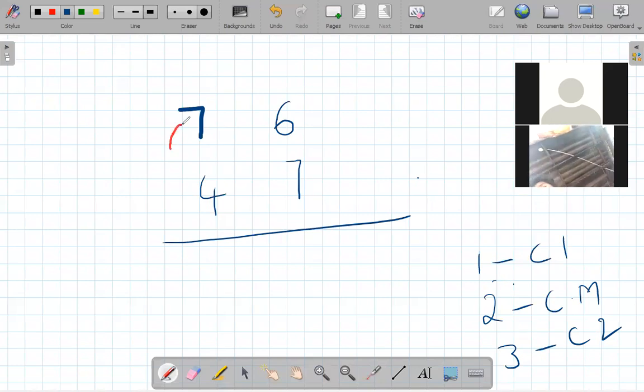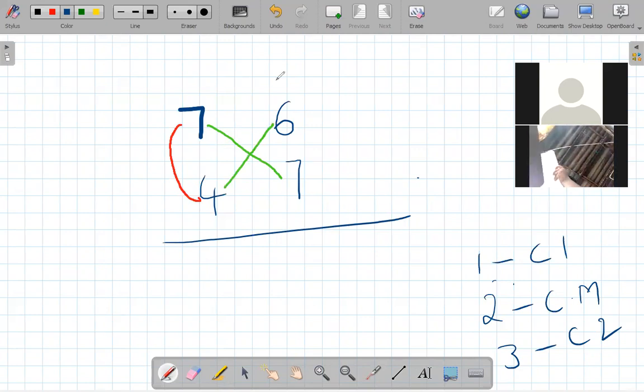So this you have to multiply. Red color, column 1, first step. Then green color, step 2. Then black color, step 3. So just complete it. If you get the double digits, just balance it, then you will get the perfect answer.